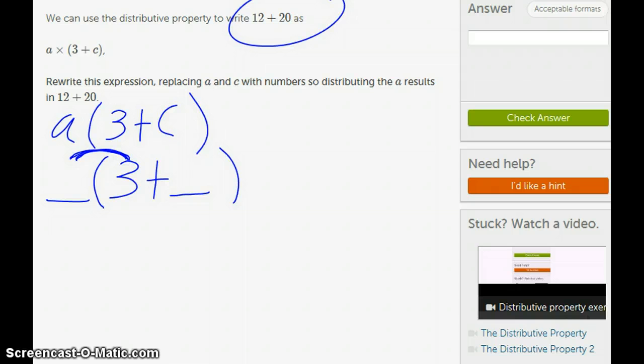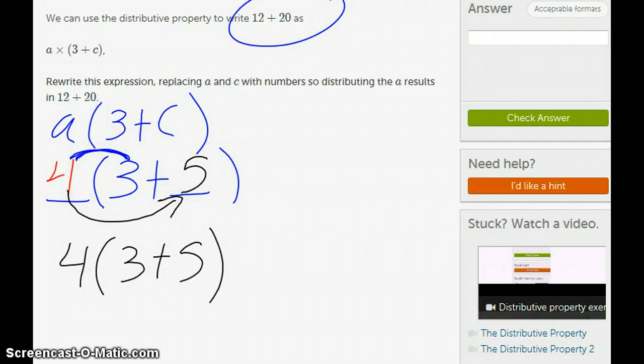That's right, 4. And since this is 4 now, 4 times what? Let's see, what do I want to do here? 4 times what is going to give me 20? Yes, that is 5. So this is 4 times 3 plus 5, because I need it to be 12 and